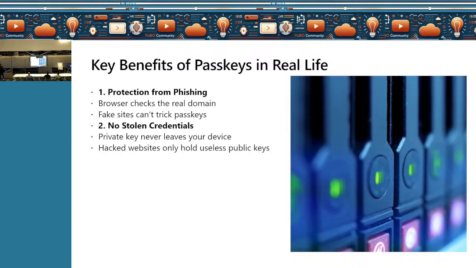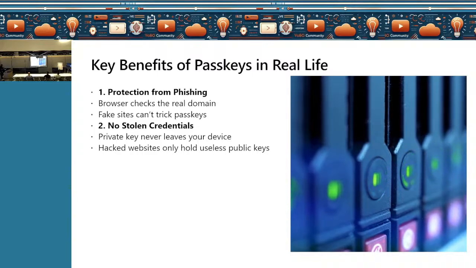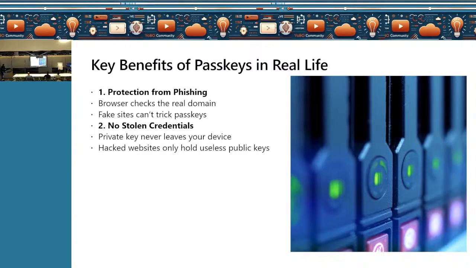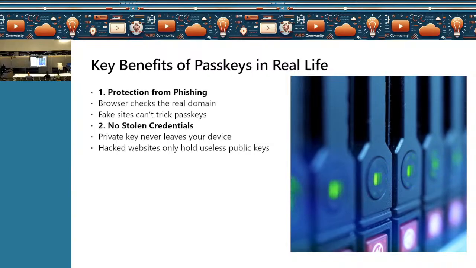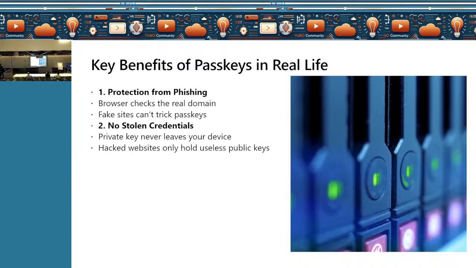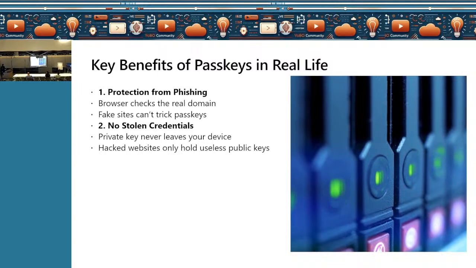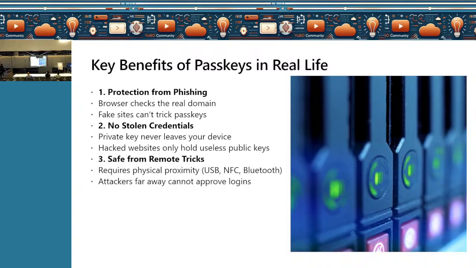Presently, I'm pretty much using passkeys across, for my Google, for Microsoft, for Facebook, pretty much everywhere. There are no stolen credentials because there's no password and the key is stored on my device. It's stored securely and you can't take the key out, at least right now. There are talks of syncing it, but right now for enterprises, you can't even take the key out. It's similar to your hardware security modules. So basically it protects you against stolen credentials.